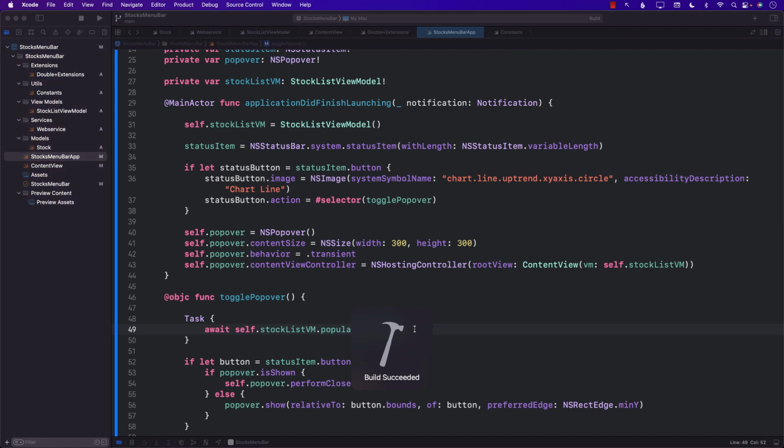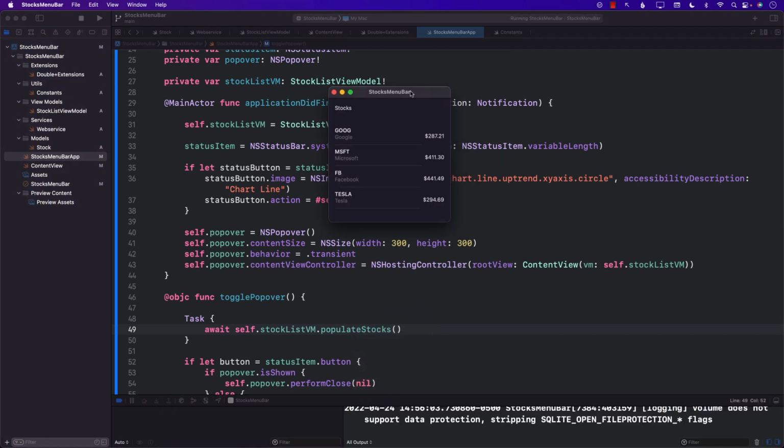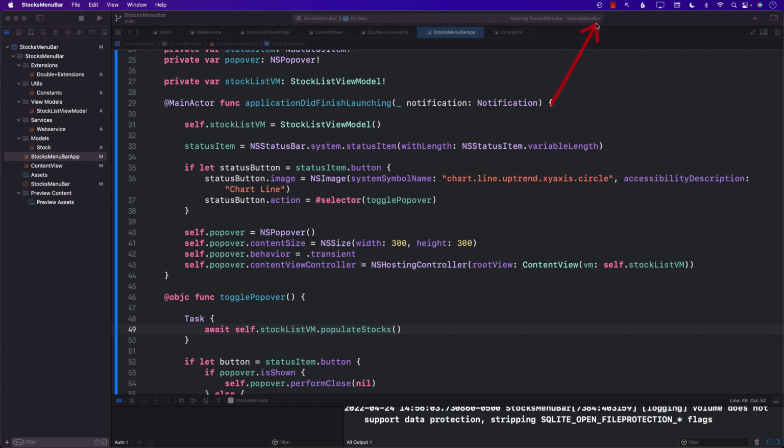Let's go ahead and run the application again. Well, the first thing you notice is that our application still launches with this app, which we don't really want because this is a menu bar app, so we don't really want it to be launching separately. But you can also see that our application is right there in the menu bar also. So I can click on that and I can get the same exact stocks. Now let's go ahead and click on it again, and you can definitely see that the price is changing. $257 for Google, $295 for Google,